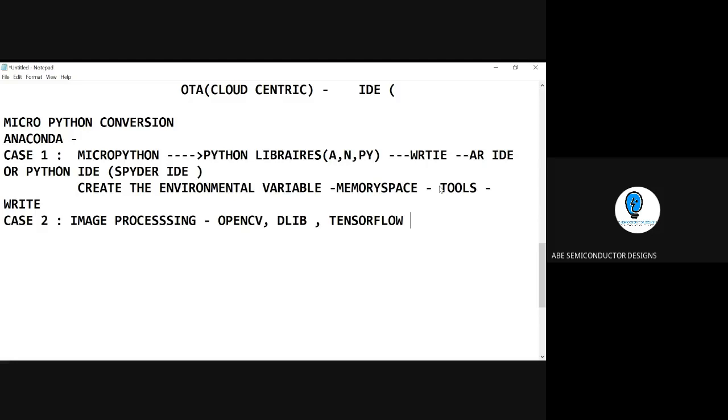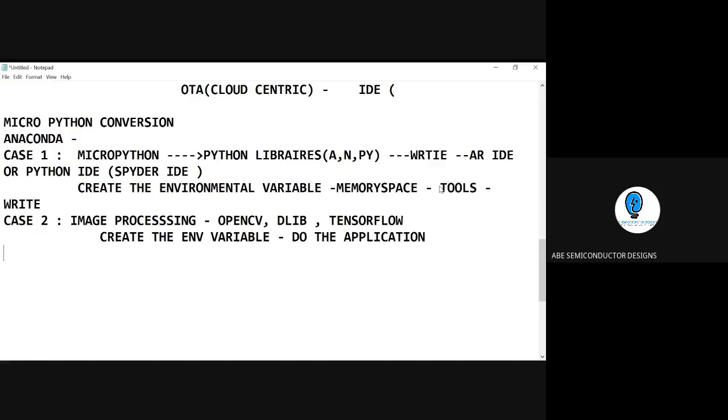First of all, when you work in this kind of environment, list down the tools required, and then follow the same process: create an environment and do the application. This is the mechanism.